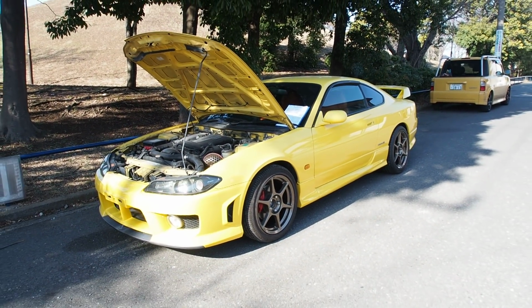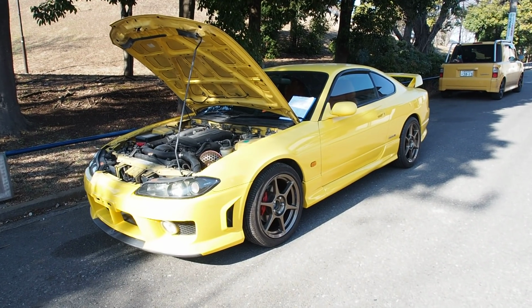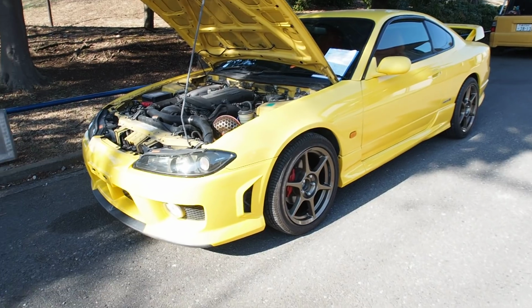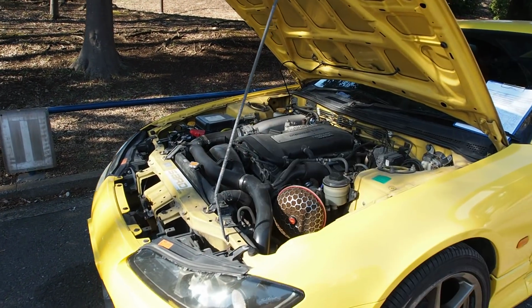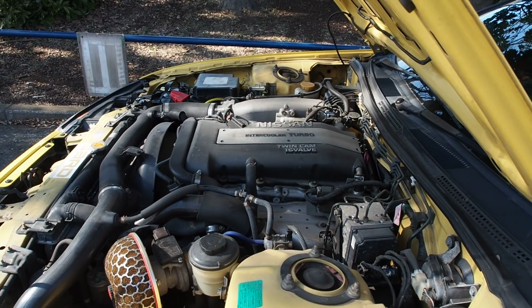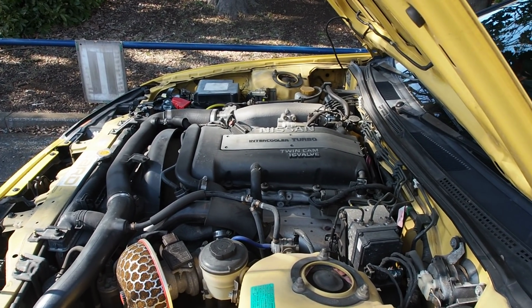There is a kind of rare interior option for this version of the Silvia, and I've only ever seen it one or two times before, but it was on this car and the auction seller didn't mention it, and so that's really cool. This is a year 2000 model with 6-speed manual transmission,